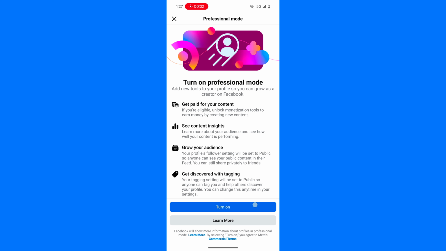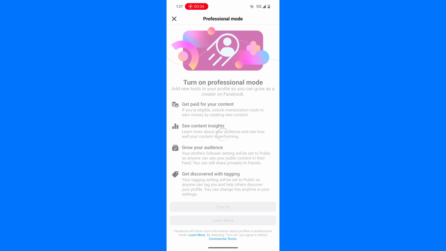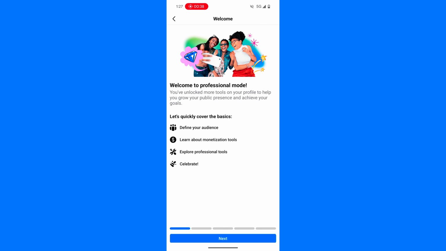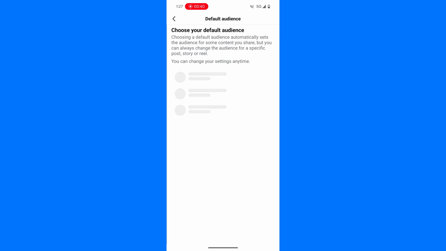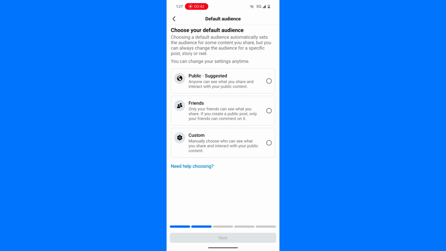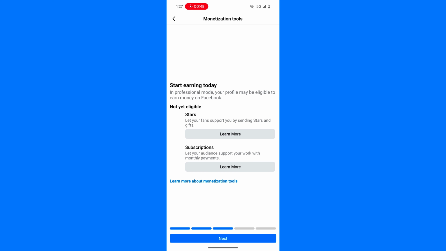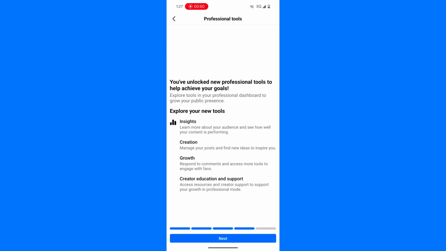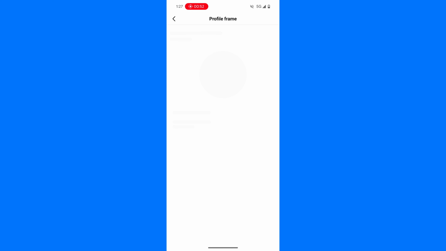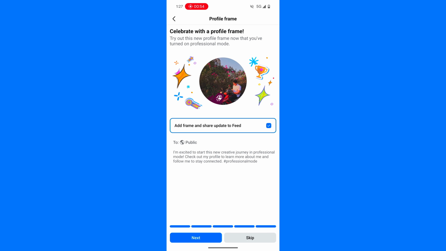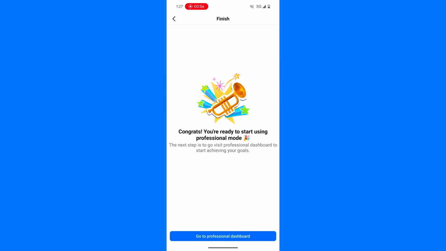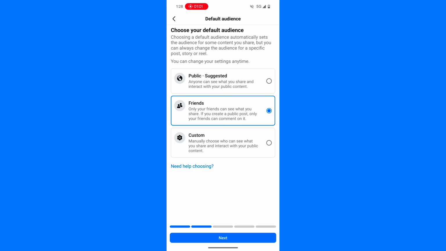So click on turn on, and it will process the whole thing, and then click on next and confirm and click next. You basically choose whichever profile you want and then you click skip. Go to professional dashboard. Here once you go back,